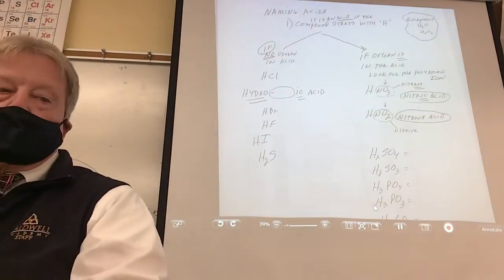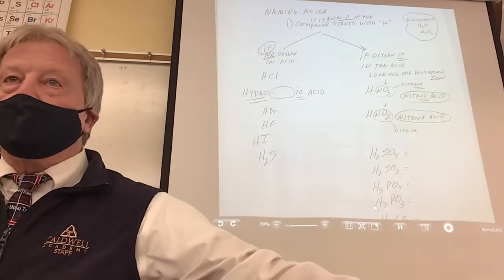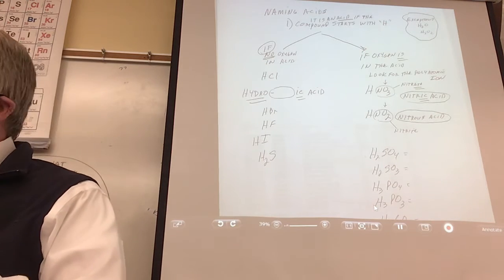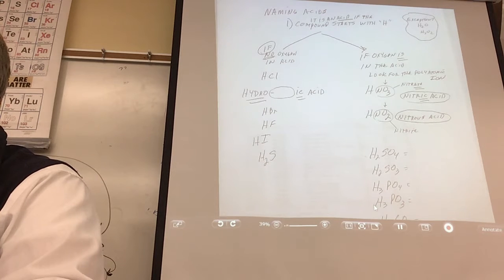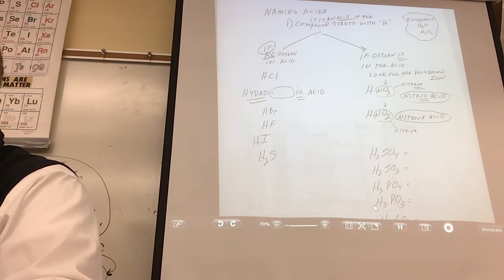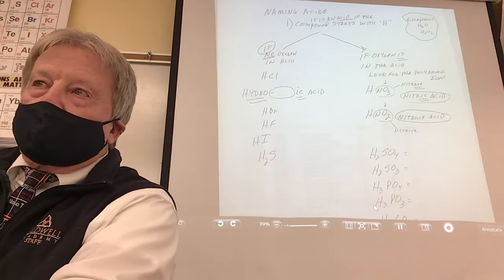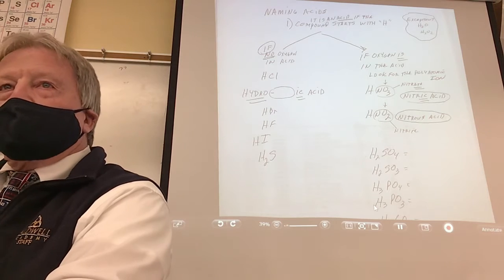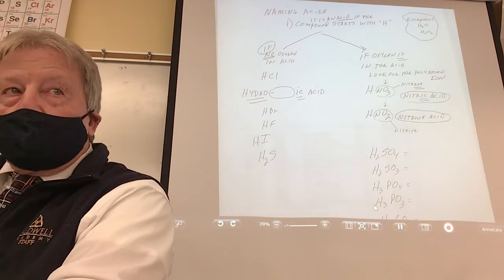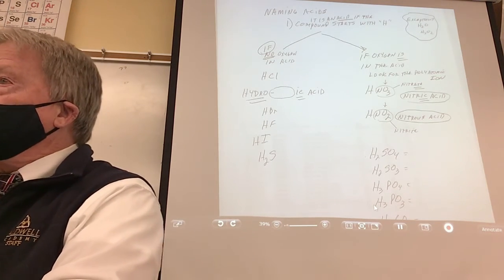Okay. What do you think? All right, I need your attention. I'm going to review acids again. It's possible that if you want to put something like this on your index card, what if I gave you both sides? Would that be better? Will you still study? I'm afraid if you put stuff on the index card, you'll think, oh, I don't have to study that. You need to study it. And you have your homework. You've been working on your homework assignment? You should. I gave it to you a long time ago, right?